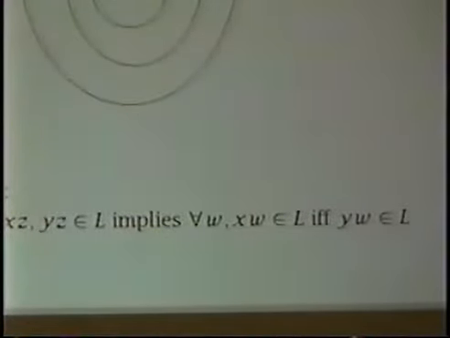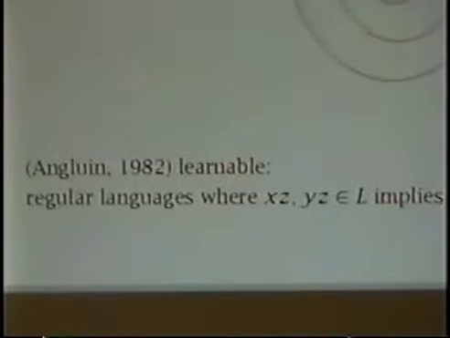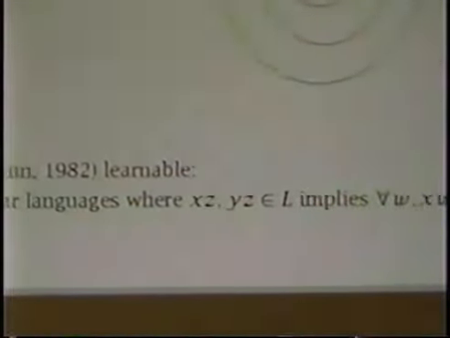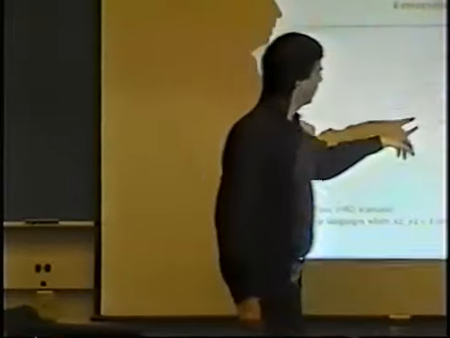For those of you who fiddle with regular languages, you know the set of good tails of a string, the set of good suffixes, characterizes a state in the canonical acceptor for these languages. So in effect, if you find any string which is a common suffix for two prefixes, that perfectly characterizes the category of those prefixes. So if you have this property, it turns out that the class of languages is learnable. And this is an infinite class, and